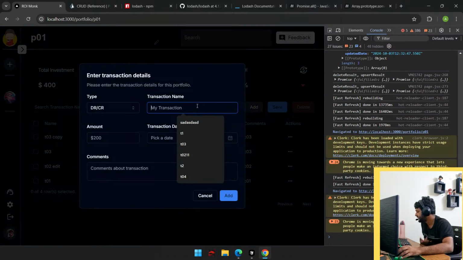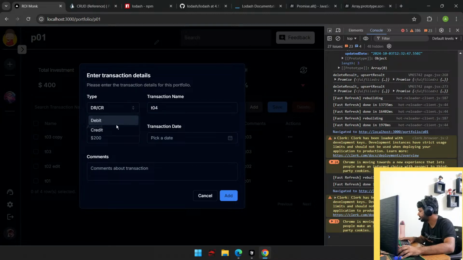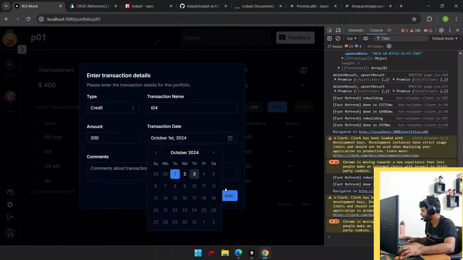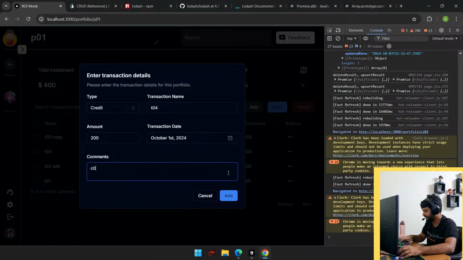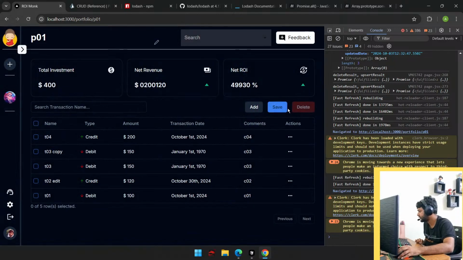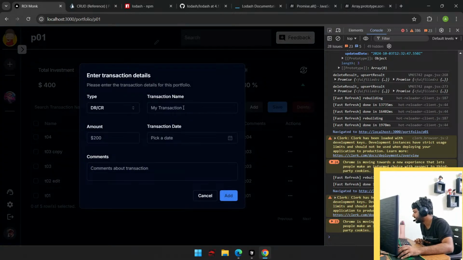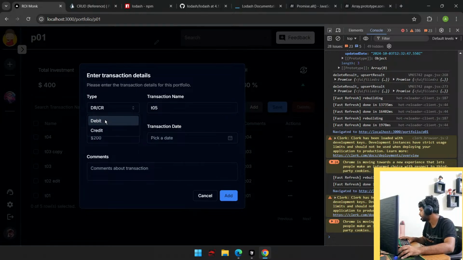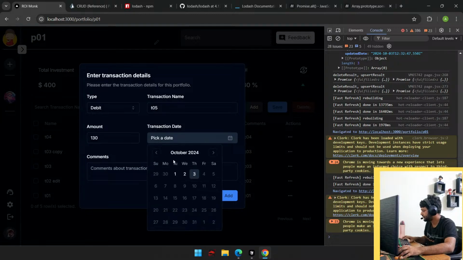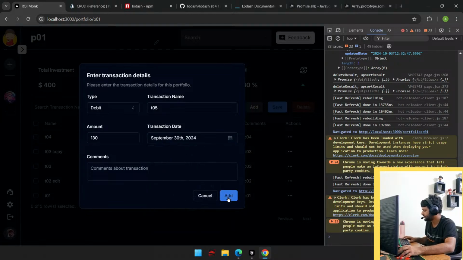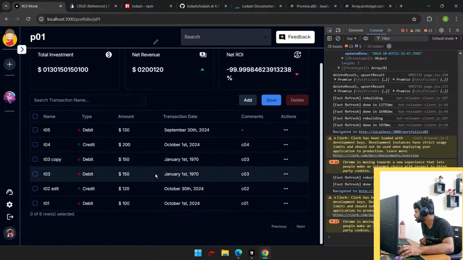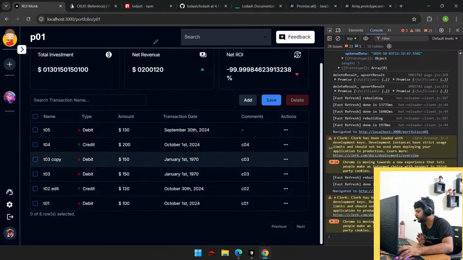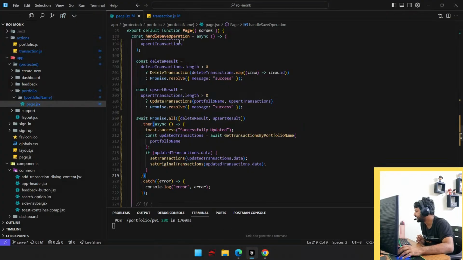Add T04 credit 200, C04, add T05, 130, add. Cool. So this should call only the updated one